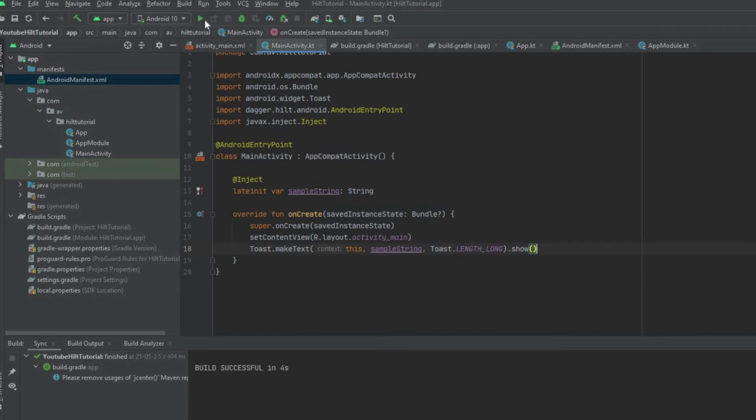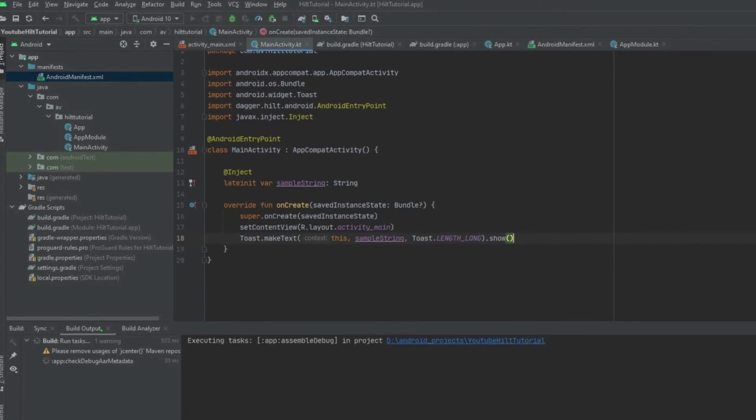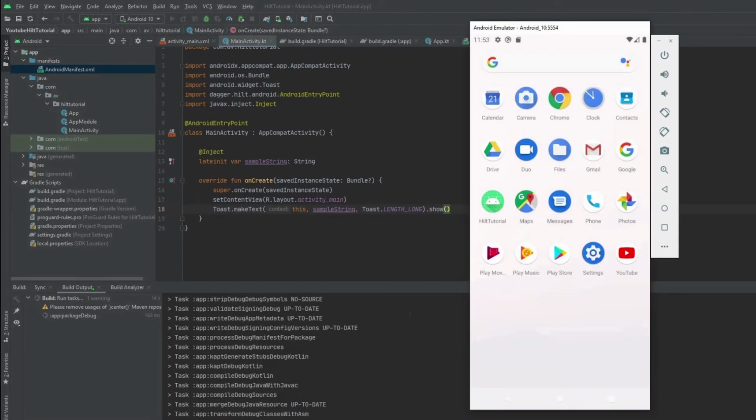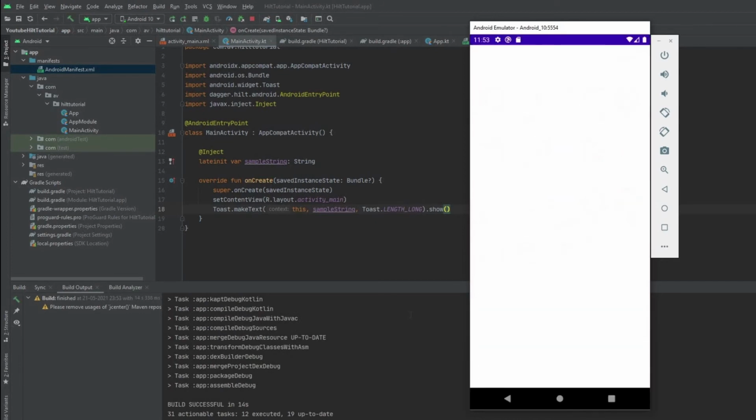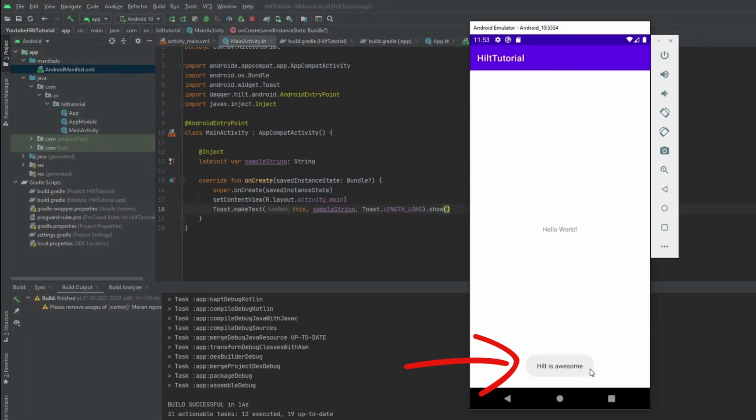We will now run the app on an emulator to check if everything is working correctly. As you can see the toast message, it is exactly the same string which we had provided from our app module, and hence we can say that our dependency injection was successful.